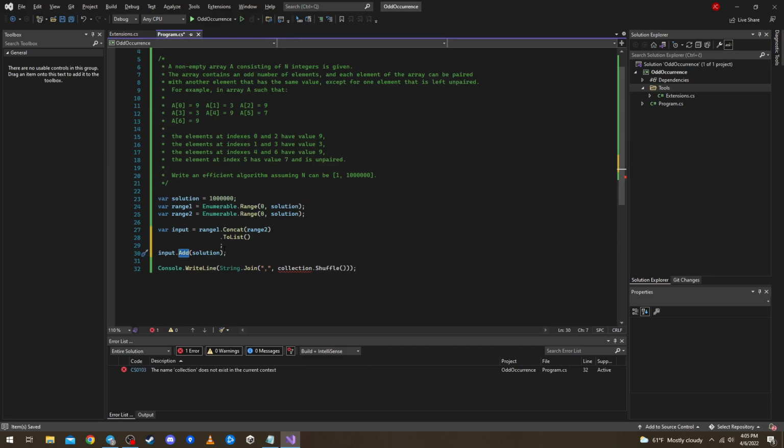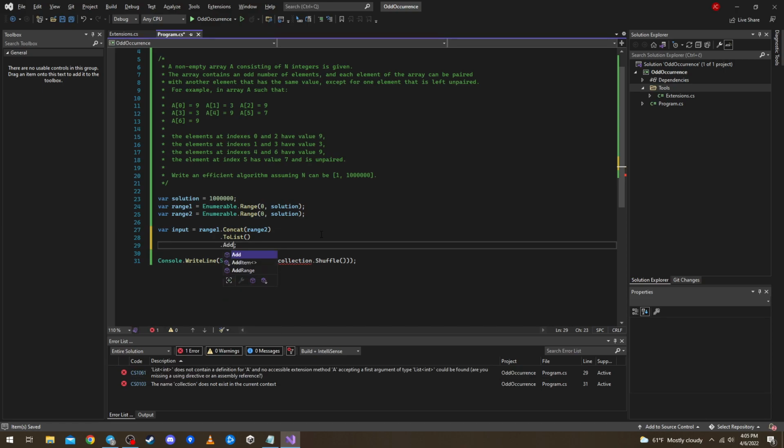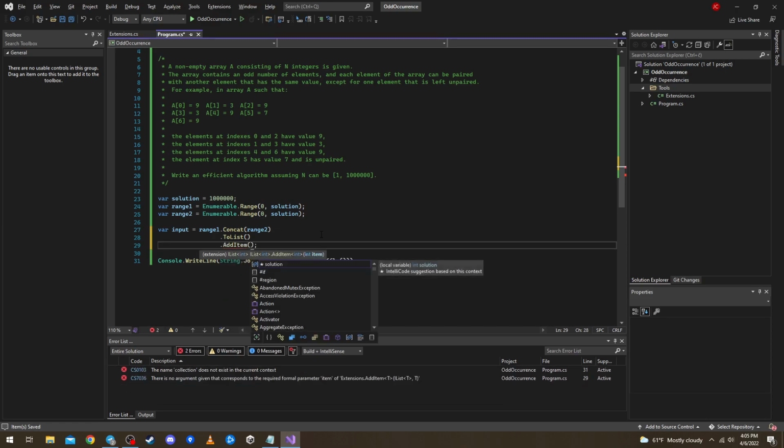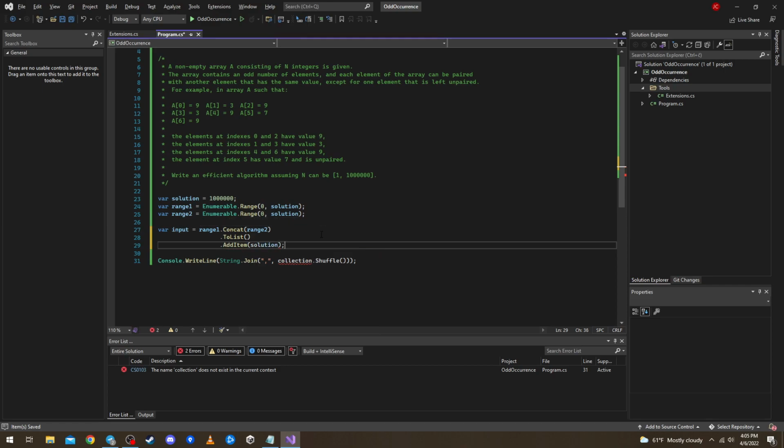With that we can also, instead of adding the solution there, do add item, and this item we are adding is solution. So we are concatenating these two ranges of the same numbers with the solution, which is always different than these numbers, because it's always higher by 1 than all of these. Okay,